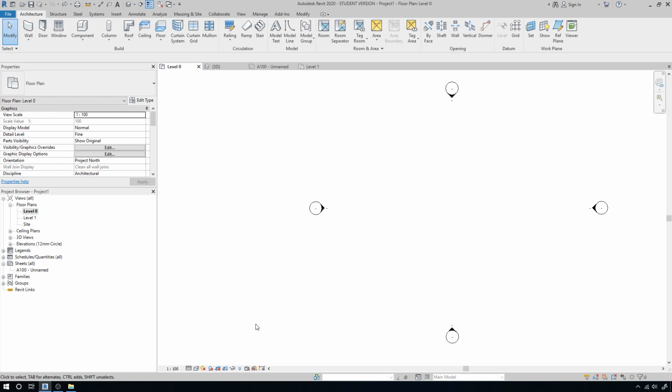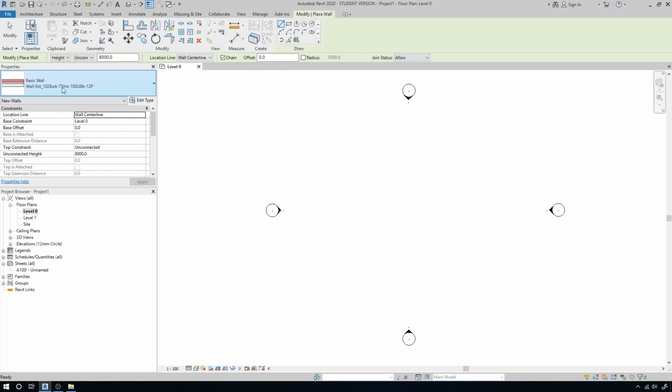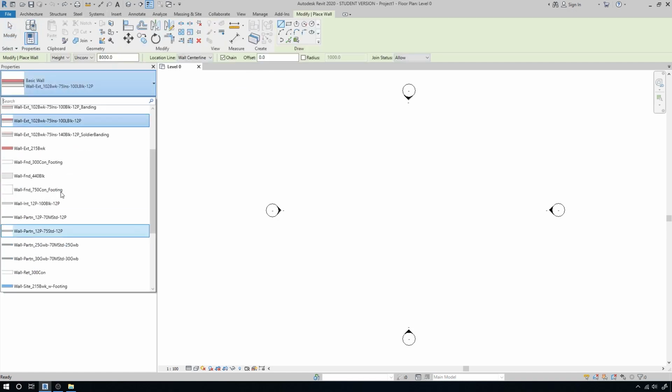So one of the first things I'd like to cover in this first video is walls. That's one of the first things you'll need when you're starting your project. How you go about that is you have your newly created project, and all you need to do is simply come under Architecture, Wall, and Revit gives you some sample walls that you can choose from. I would say this is probably the easiest way of getting started and creating your own